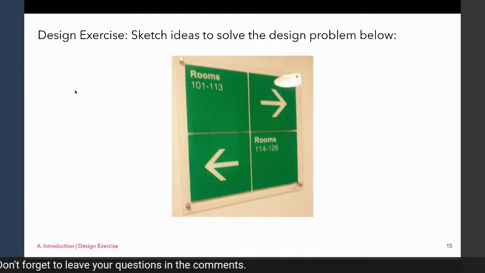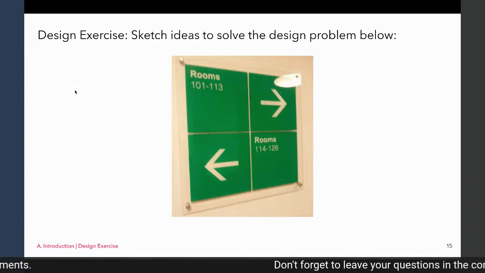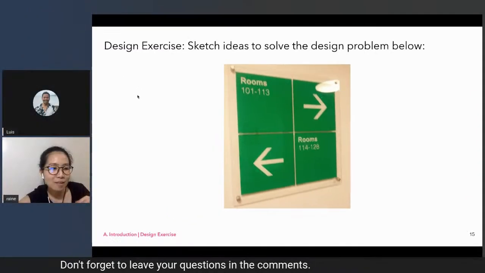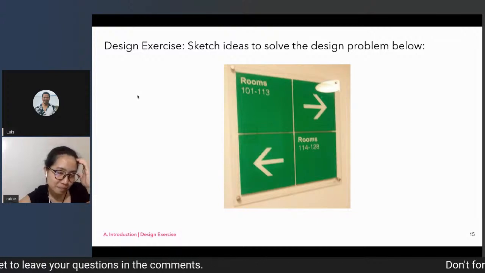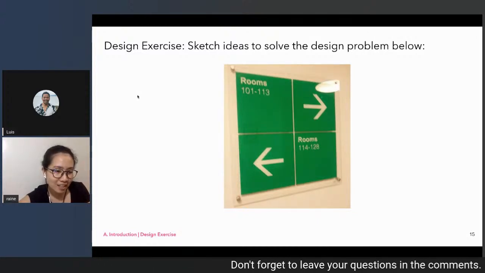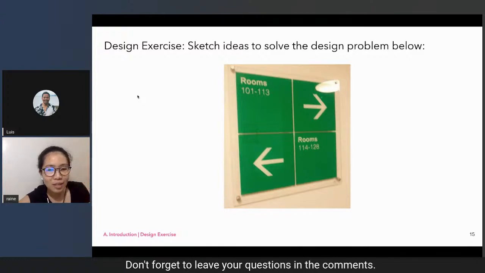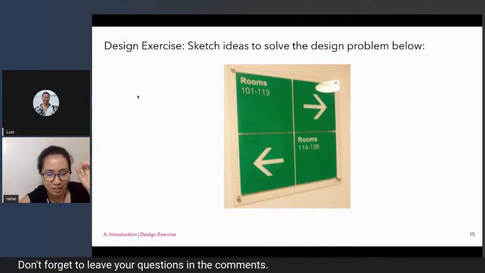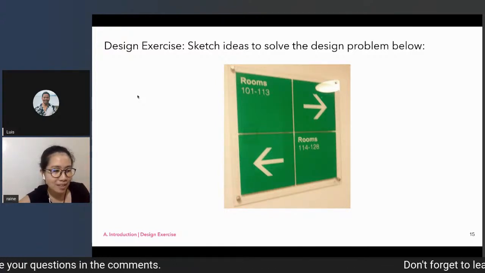At this stage, I'd like to encourage everyone to sketch ideas. I'll give you time. You can also sketch in your mind, or you can just design by writing in the comments.